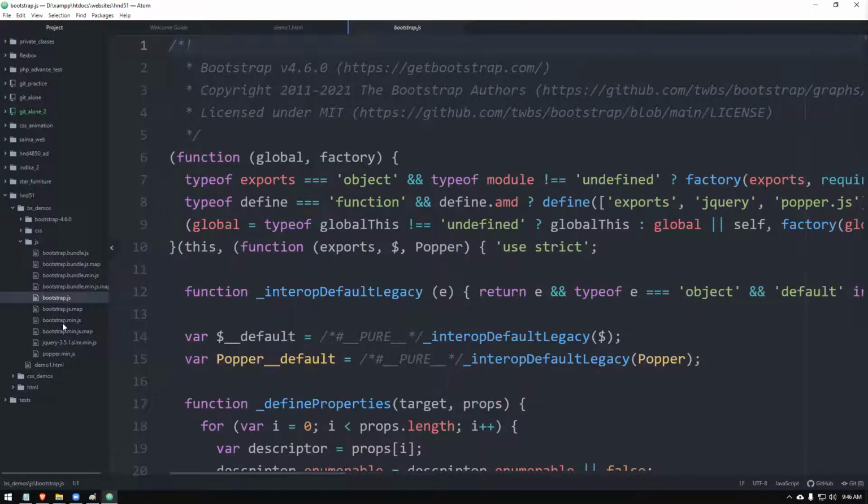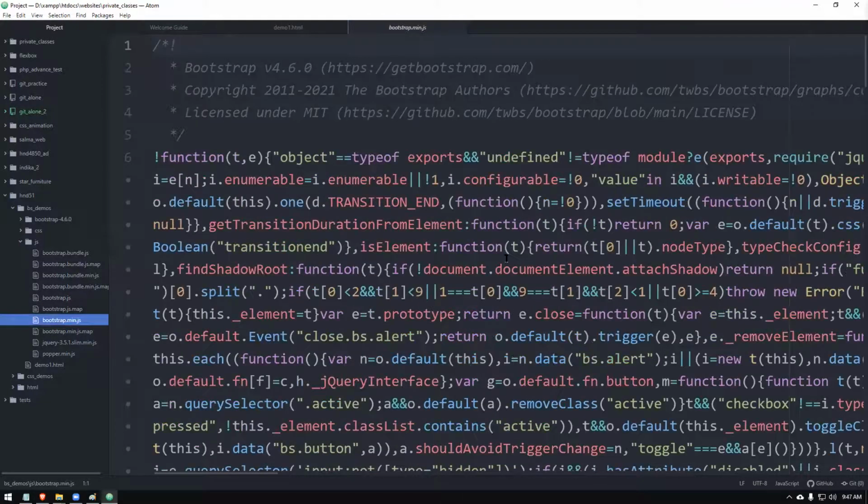There is another one called bootstrap.min, the minimum version. This is a compiled or compressed version of the same file. The difference between this one and the previous one is that this one is small in size. If the previous one is around 200 kilobytes, this will be less than 100 KB. So in order to make it smaller and faster, it is used.